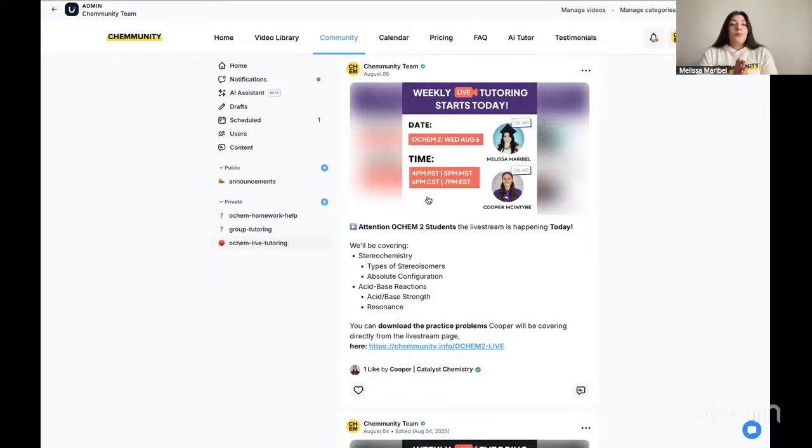For right now, all community members can see this because we want you to understand how this is going to work. And we also really want you to start off the semester right. The main thing here is getting ahead, remembering and getting into the groove of studying even before your class starts. That's going to set you up for success, and that's exactly what we want to help you do. So that's the whole idea here with the premium plan.